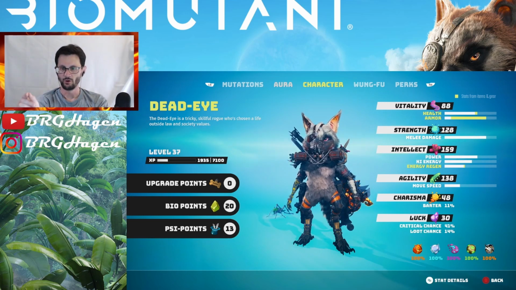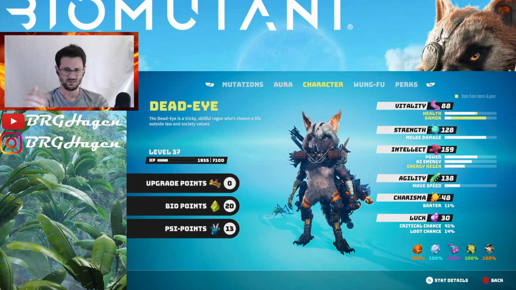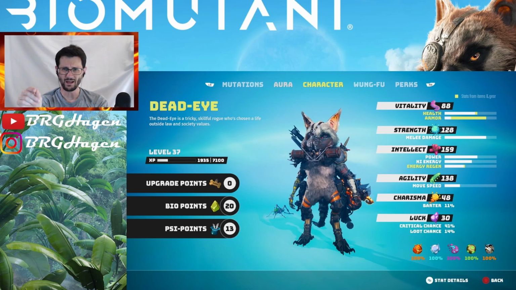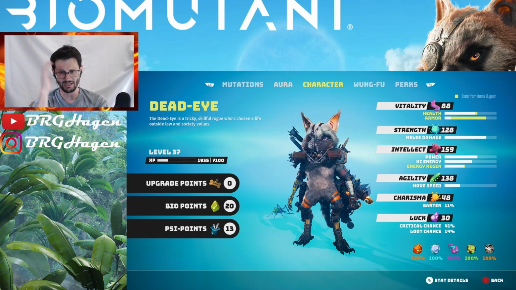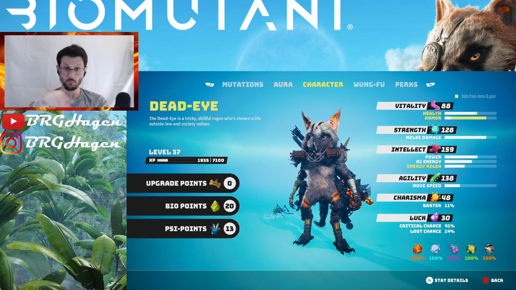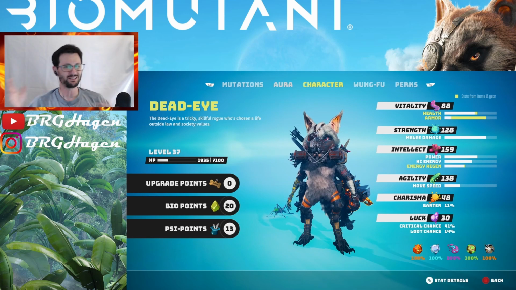Int, you know, you got your energy regen, which is key energy. So it should just say key regen, but it's fine. I got a tiny smidge of that from gear. Agility is move speed, very helpful, makes you super fast in combat and outside of combat. Charisma,